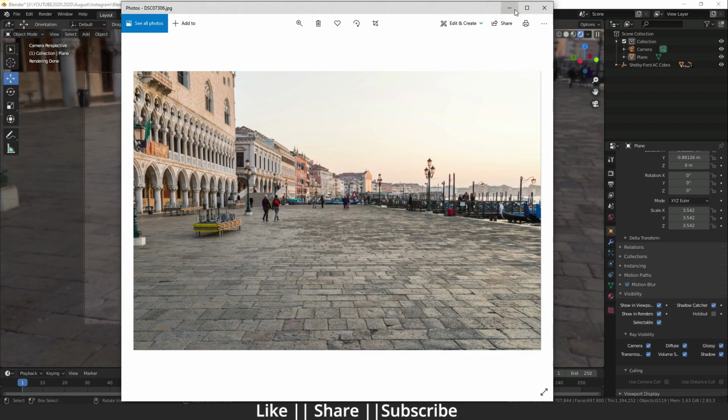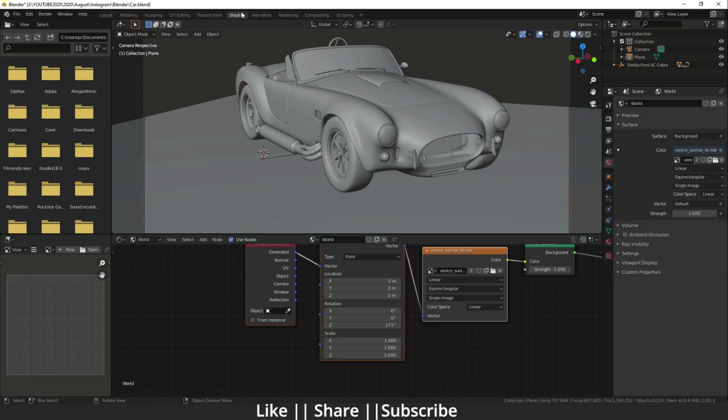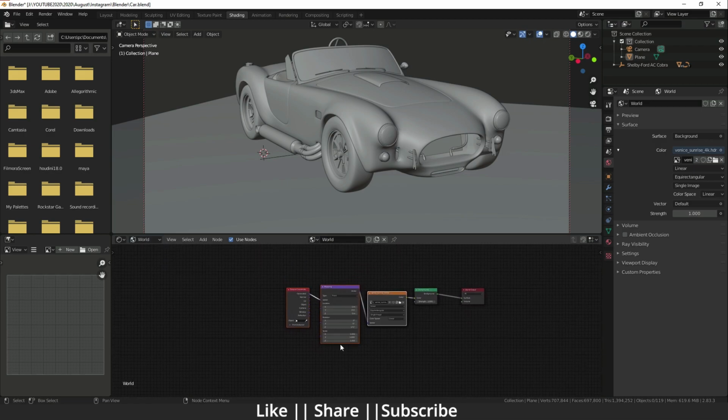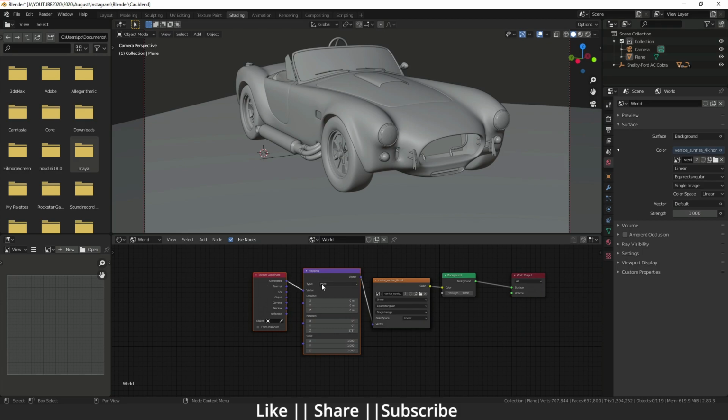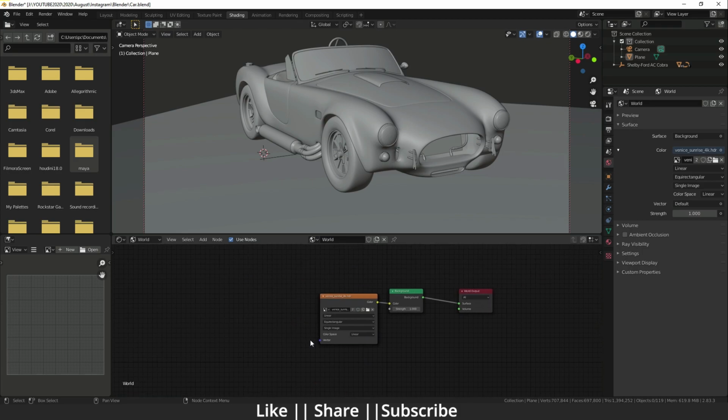For that I will go to the Shading panel, and here I will switch to the World section. When you add the HDRI, you will not find those two nodes. If you want to enable those two nodes, you have to just select your HDRI and press Ctrl T, and you will find those nodes.